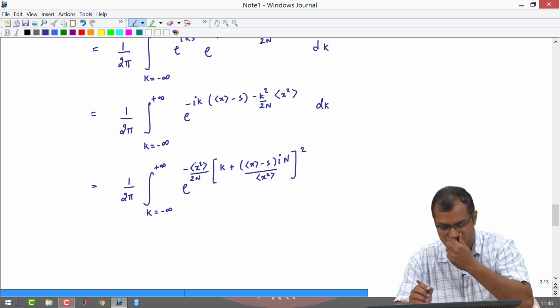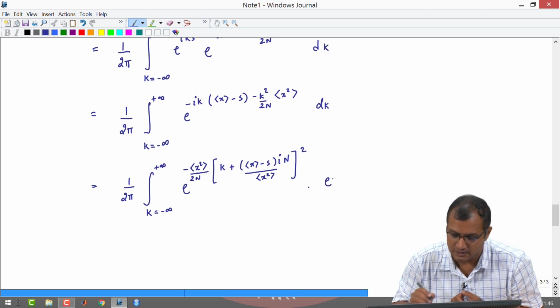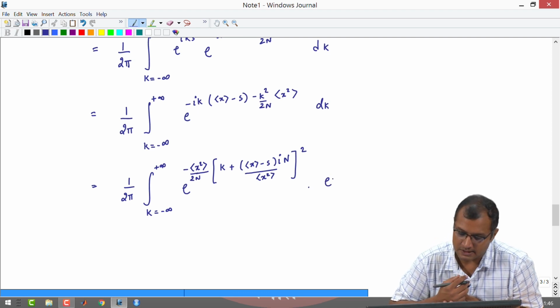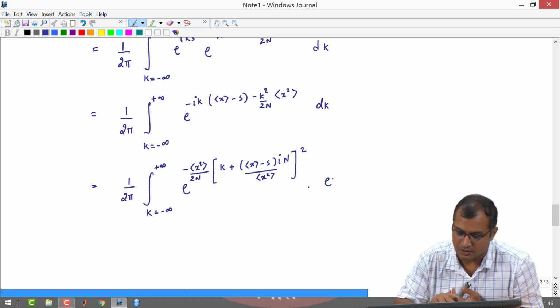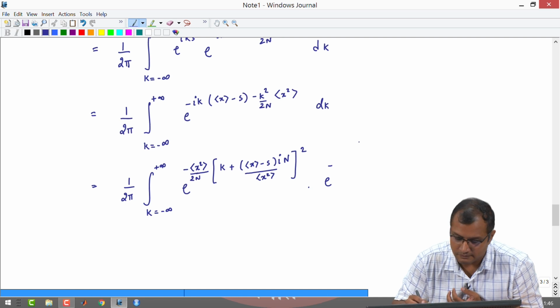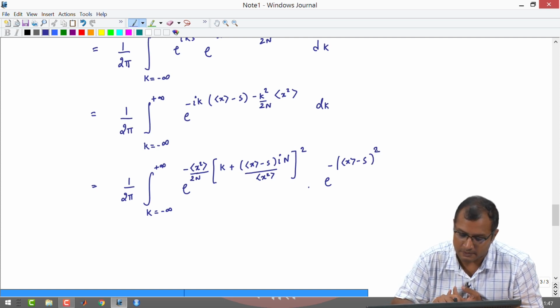Okay, now there is a quadratic term which will come extra, and that would be just the entire thing square, but it has an i square that cancels off with the minus 1, so I get a plus sign, |x| minus s the whole square, n square by n is n,